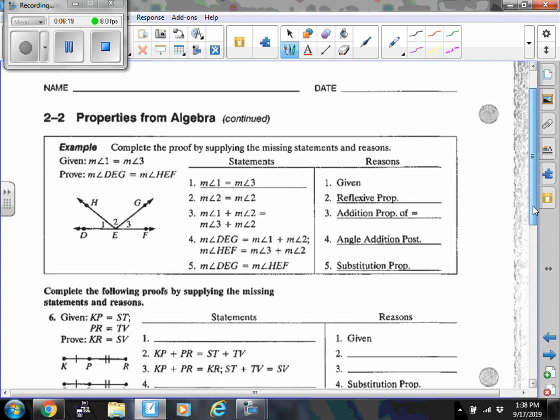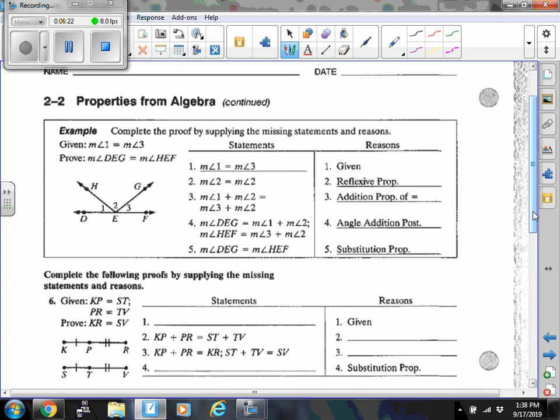Okay, here's what we've got to do. What we have to do is logically move through a proof. In this diagram, this picture shown here, what we have is a true statement given, and then we have what we're trying to prove. What we're going to do is think first logically and see how we can go from one to the other. So I'm going to first mark down we've got 1 and 3 are equal. Remember, the little slash marks mean equal. And what we're trying to prove is that DEG, that's this angle right here, is equal,